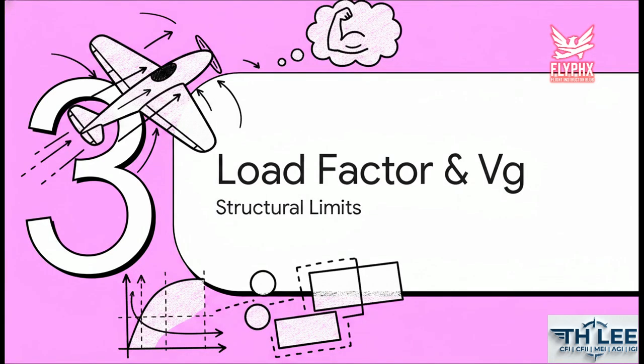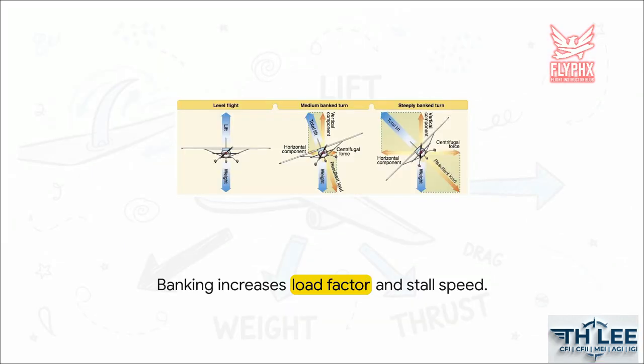Let's transition to Section 3, load factor and the V-G diagram. All right, let's bank the airplane to turn. When we do that, our total lift vector tilts. This means the vertical component of lift, the specific part that's fighting gravity, actually decreases. If we do absolutely nothing, the nose is going to drop and we will descend. So to maintain our altitude, we have to pull back on the yoke to increase our angle of attack and